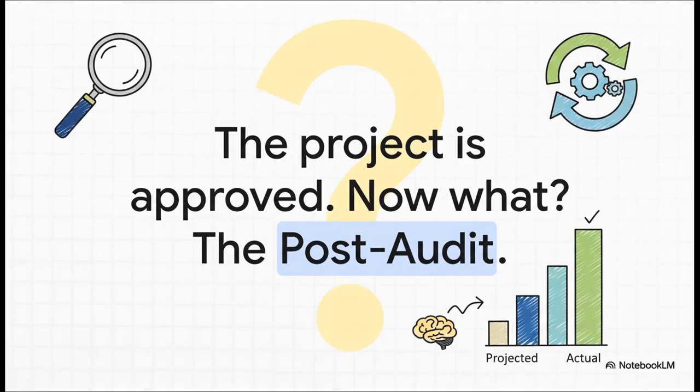Finally, let's talk about what happens after a decision is made. The calculation might be complete, but the work is not. So how does a firm ensure accountability and actually learn from its decisions to get better in the future? The answer is the post-audit. This is a crucial final step where the actual results of a project are compared back to the original projections. A post-audit is absolutely essential. It fosters accountability, it lets you make course corrections if needed, and maybe most importantly, it helps you refine your estimation techniques for the next round of investment proposals. It really creates a cycle of continuous improvement.